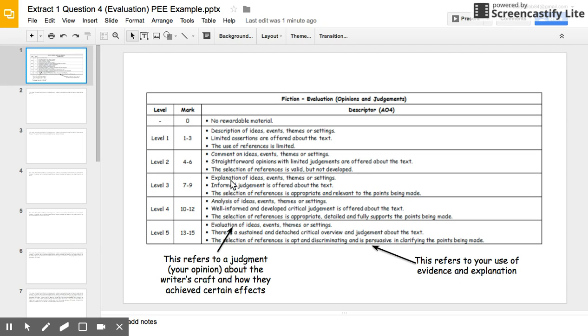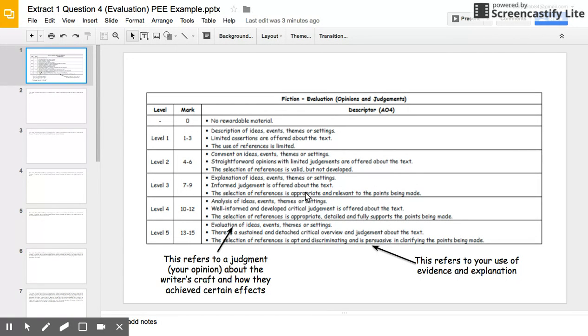I have gone straight to level 5 because that's obviously what we would like to be aiming for. As you can see straight away, level 3 is explanation, which is what we do in the analysis question 3, and also in level 4 we have analysis. So it is part of this question. It is like a PE paragraph. The big difference is then it's the judgment about the analysis and the explanation of how well the writer has done that. We can't just say what the writer is doing. We have to say, right, this is what they are doing and this is how well or unsuccessful they have been. So it needs to be more judgmental, it needs to be more opinionated. There's more of a personal response here.